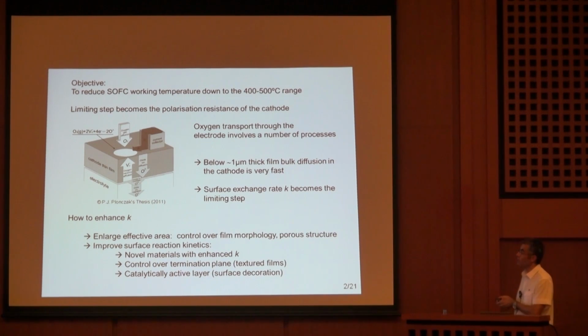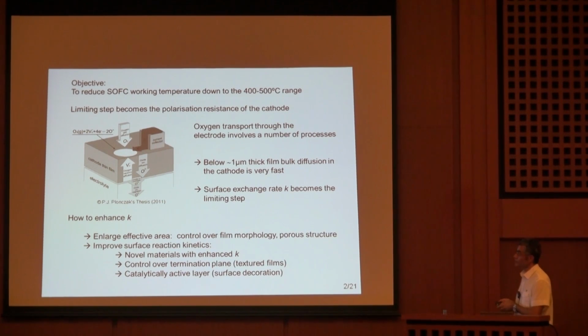So there are different steps, but among all these steps, for instance, when one uses very thin films, below 1 micron thickness, the diffusion path is very short. So the diffusion is so fast that ionic diffusion is not the limiting step in this case. The limiting step becomes the reaction itself. So it's mostly the surface exchange rate which becomes very, very important in these